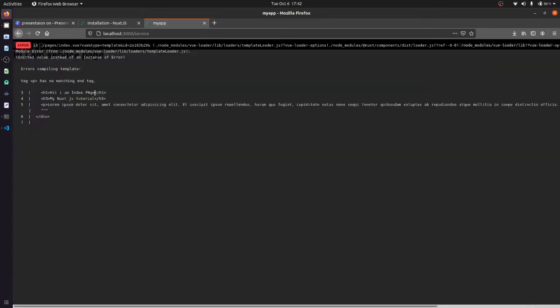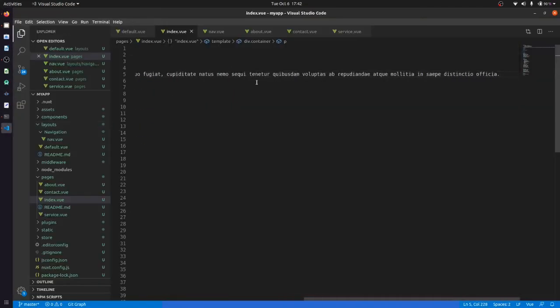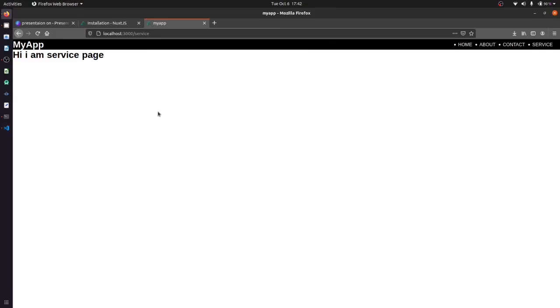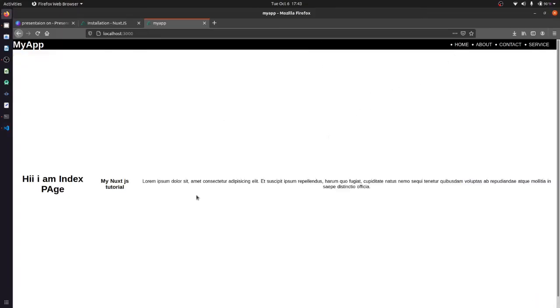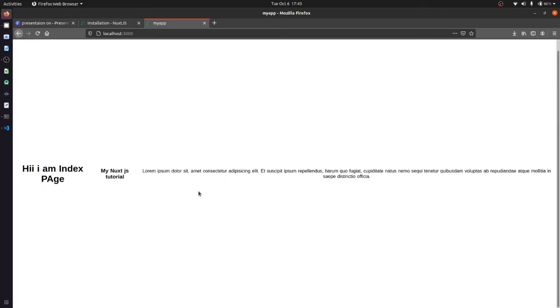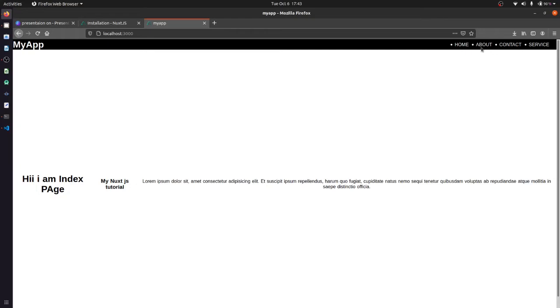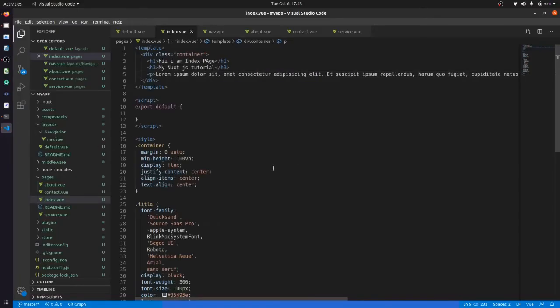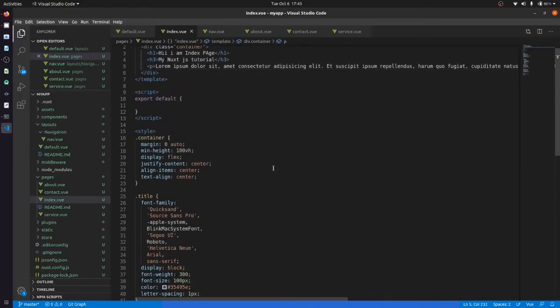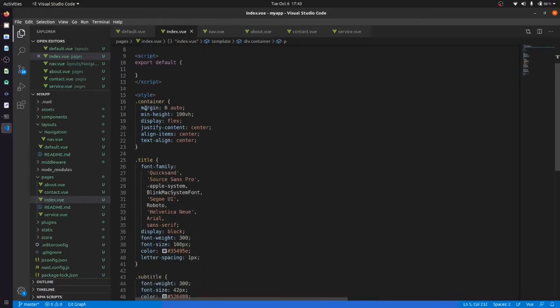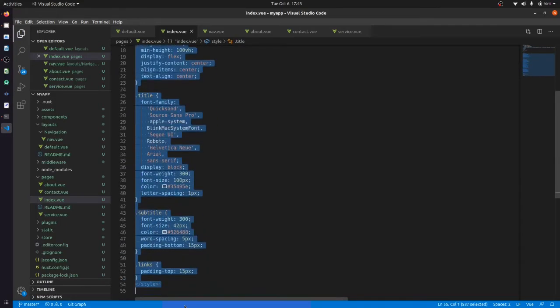Why does it say no matching tag? Sorry, no matching tag. Okay, so if I come to my home page, you can see that we have our content. So what we can do is I don't want these things, so let me just remove this.